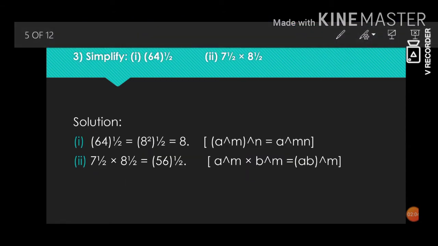Question number 3. Simplify subpart 1, 64 whole to the power half, and number 2, 7 to the power half into 8 to the power half. So 64 whole to the power half can be written as 8 square whole to the power half. The half and the 2 cancel each other out, so we get 8. That is, a to the power m whole to the power n will give us a to the power mn. Here 8 to the power 2 whole to the power 1 by 2, these two cancel each other out and